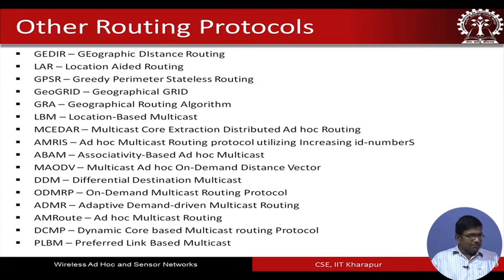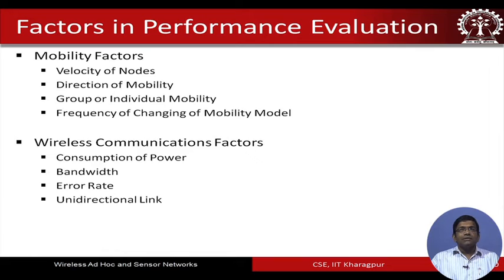So, these are some of these routing protocols, and now we look at some of the factors of performance evaluation. There are factors which are mobility related, such as velocity of the nodes, the direction of mobility, whether it is an individual node which is moving or a group that is moving, or the frequency of changing of the mobility model. These are the ones that determine the performance of the different routing protocols that are adopted